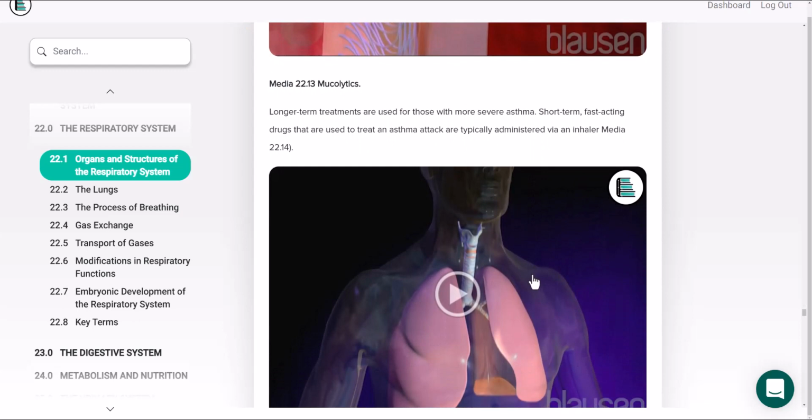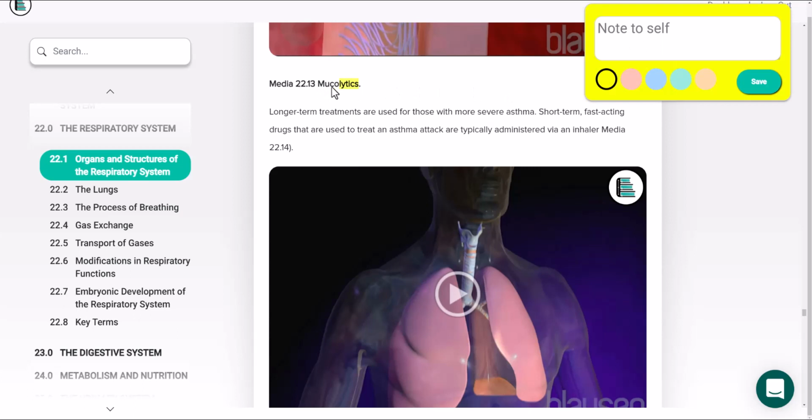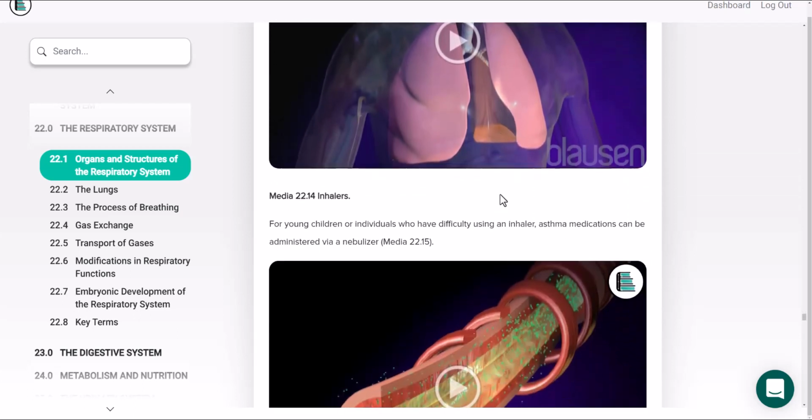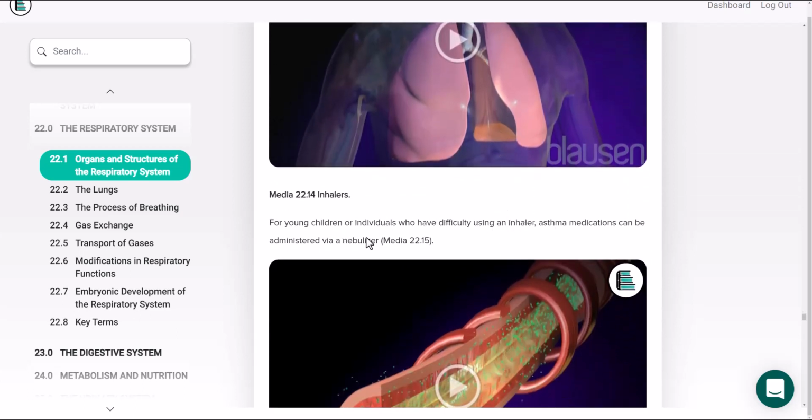When individuals have asthma, sometimes they'll take mucolytics. Mucolytics, we know what this means. It lyses, it breaks down mucus, right? Breaks down mucus. So they'll inhale some mucolytics, and that is used to basically cut through some of that. And we can also take inhalers. Now, inhalers are taken through a spritz inhaler, or through a nebulizer, a machine that pushes those medications into the